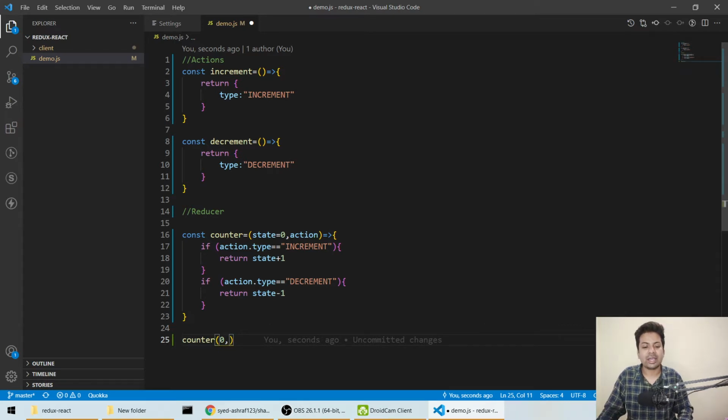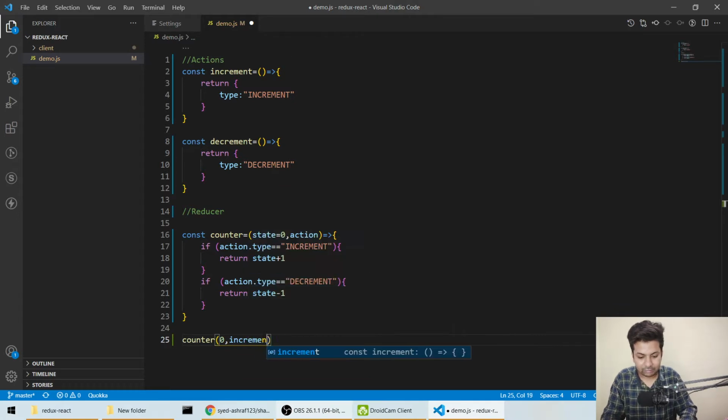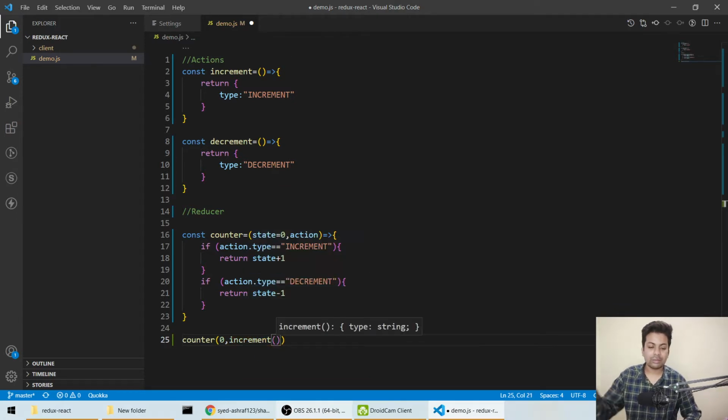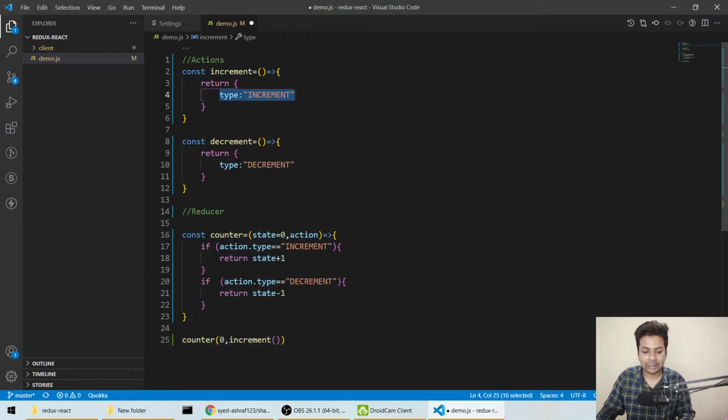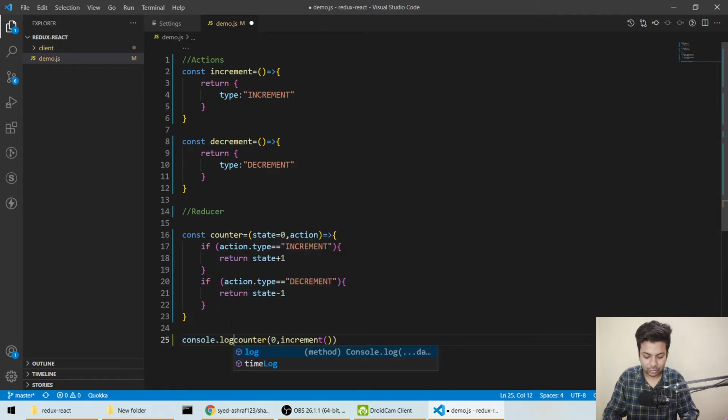For action I want to increment, so I'll pass increment. Increment will return type increment, it checks the action and returns state plus 1, or for decrement state minus 1. So let me console it and show you. Console dot log.